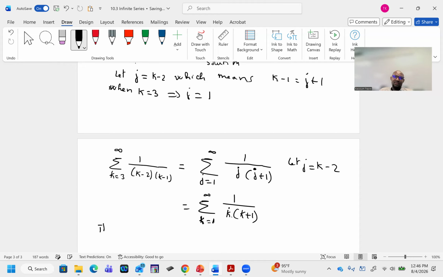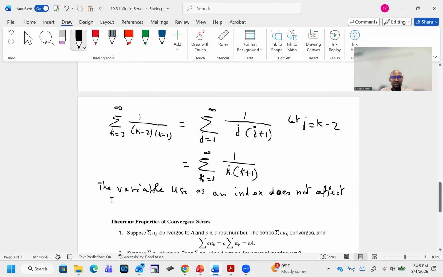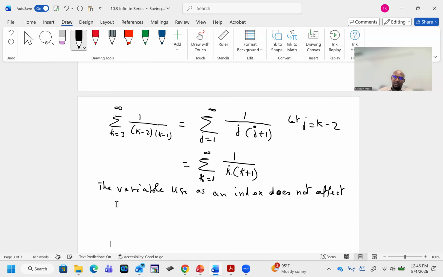So let me write so you can see: the variable used as an index does not affect the value of a series. So you can change it any time, okay? So now